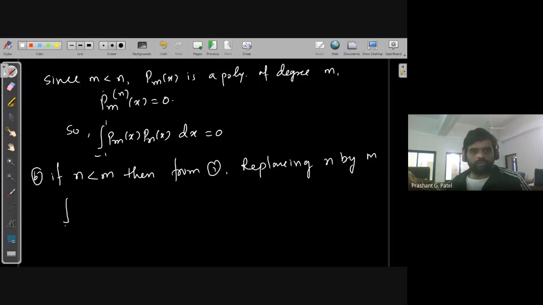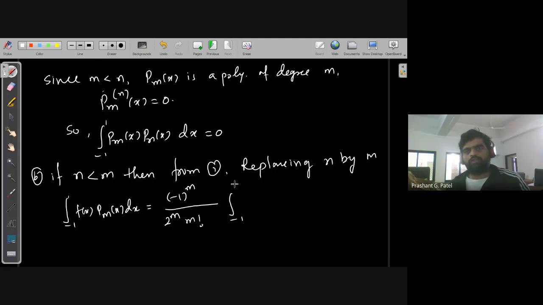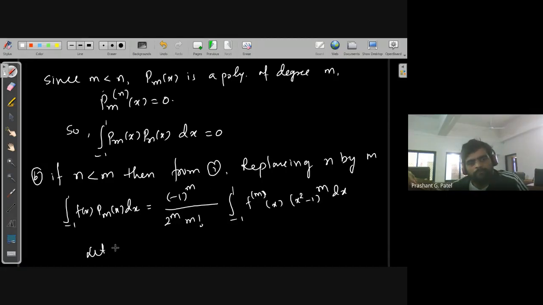So it will be the integral from minus 1 to 1 of f(x) Pm(x) dx equal to (minus 1)^n upon 2^m m factorial, sorry, the integral from minus 1 to 1 of the mth derivative of f(x) times (x squared minus 1)^m dx. Now let f(x) be Pn(x). Then this will be